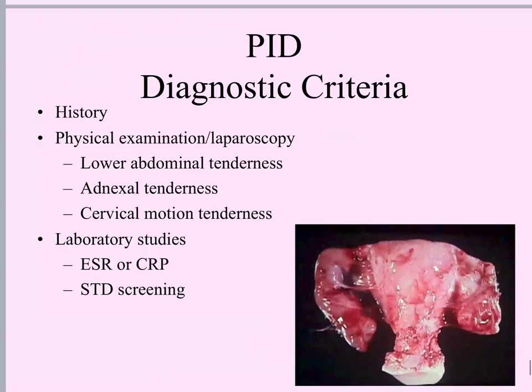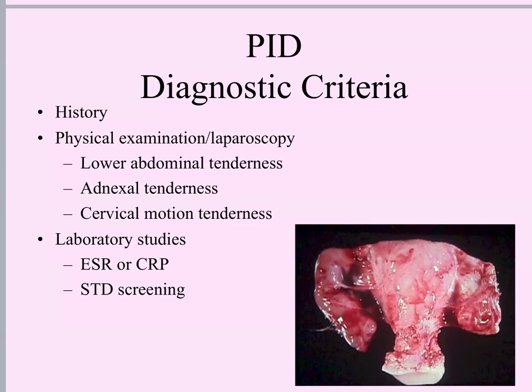Typically, for the diagnostic criteria, we get a good history. Now, what bacteria tend to cause pelvic inflammatory disease? Well, the most common are gonorrhea and chlamydia. So, pelvic inflammatory disease is usually caused by a sexually transmitted infection. Not always, though. This part of the female reproductive tract is sterile, so if any kind of bacteria gets introduced and travels up, it can cause this,